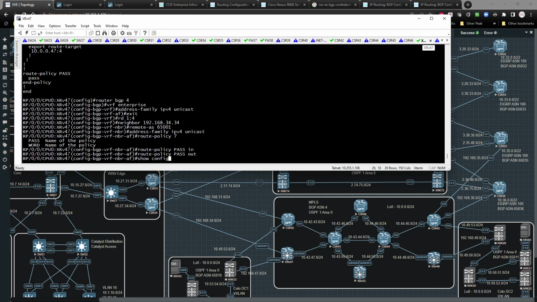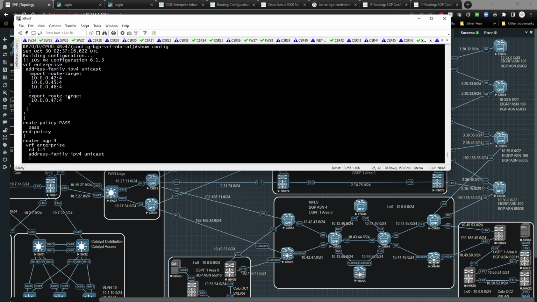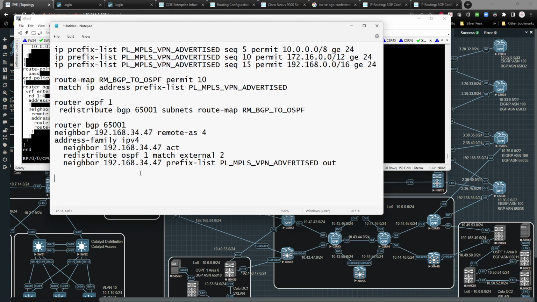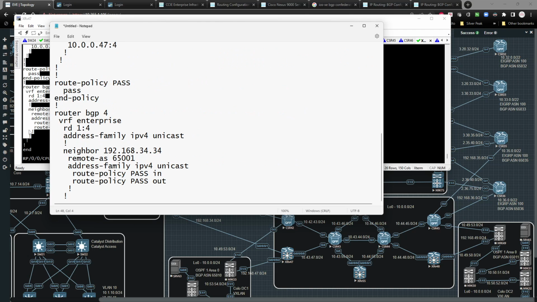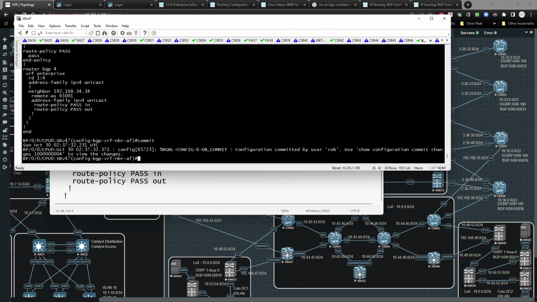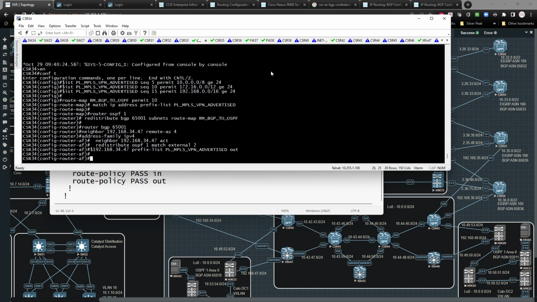Show config. That's all the syntax we need to do. So I'm going to basically just grab all this config right here, copy it into Notepad, just like that. And I'm going to commit it, and let's make sure I didn't make any errors. I didn't. So on 34, we should get a peering here momentarily